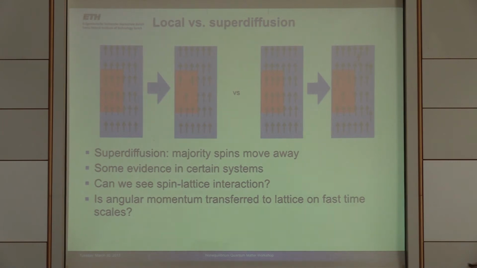In the local model, what you're doing is modifying the magnetization of just that local area, and you're not really affecting what's going on outside it. Whereas with the superdiffusion kind of model, the idea is that you're taking some of the majority carriers and pushing them into the unexcited region. So if you looked at the net magnetization moment of the entire sample, that would be constant. It's just a local depletion effect due to the transport